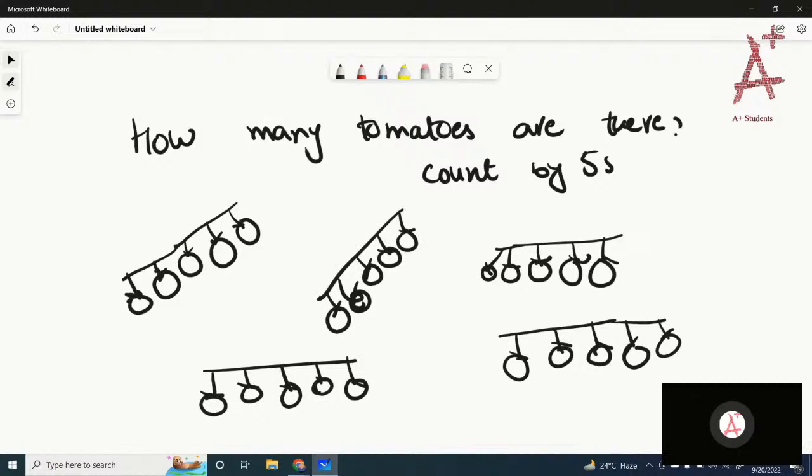Okay, so start counting 5, and then 5 plus 5 is 10, and the next 5 is 10 plus 5